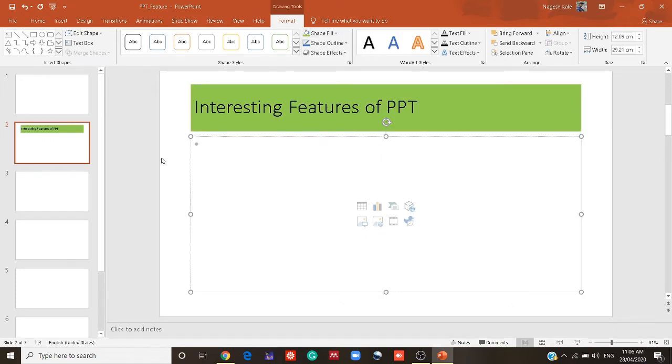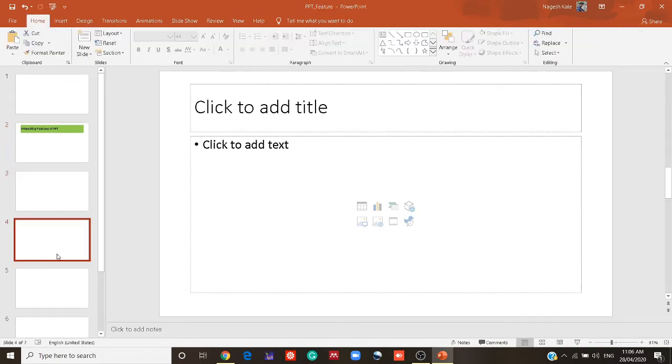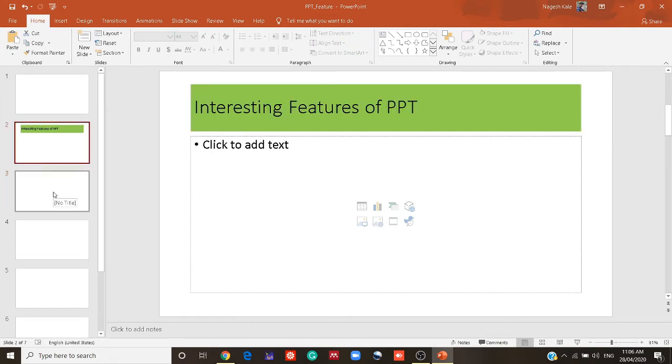Now, what happens, you can see that the title of the second slide has been backgrounded by green color, but in the rest of the slides, the title is not backgrounded by green color. If I want uniformity in my PPT, then I have to have the same background color in each and every slide.